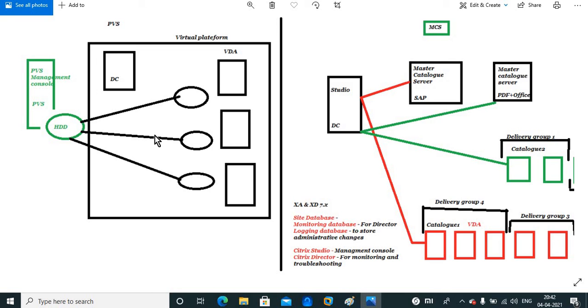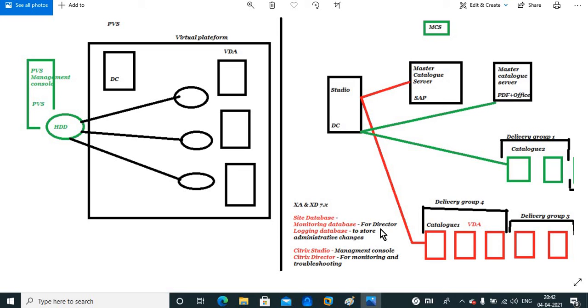Apart from that, I mentioned here XenApp and XenDesktop 7.x. There are three types of databases, which I think in the last session we created while we were configuring it. We created the site database, monitoring database, and logging database.